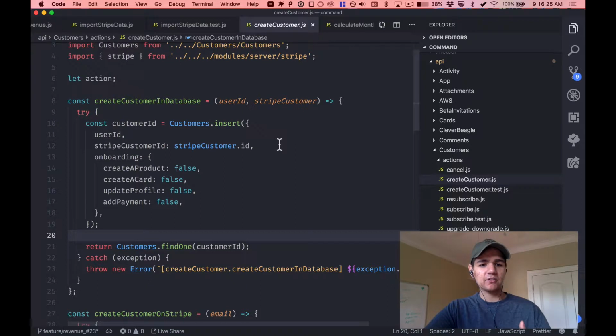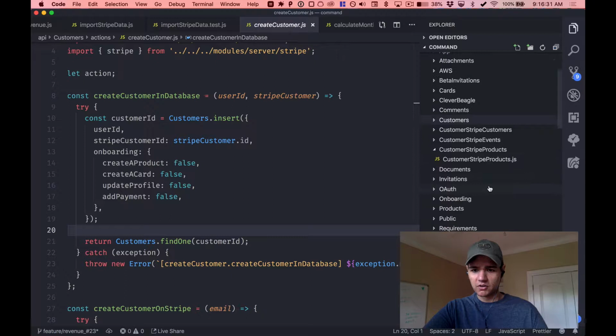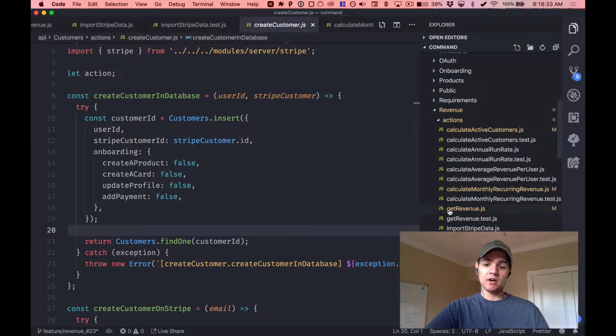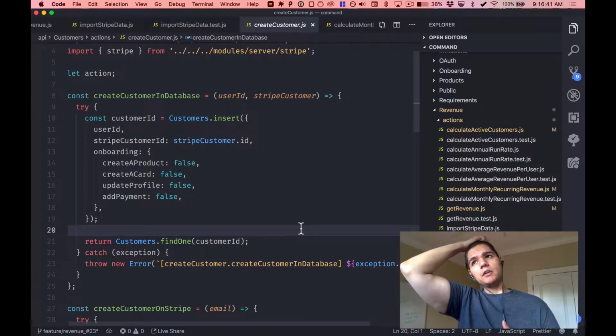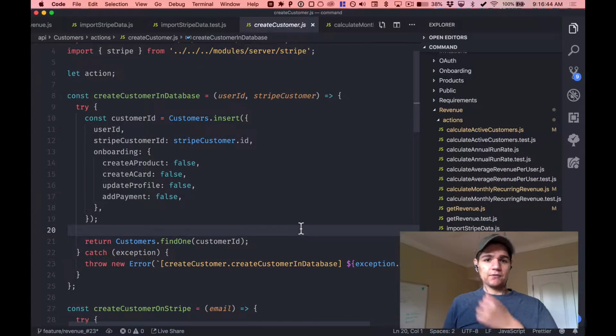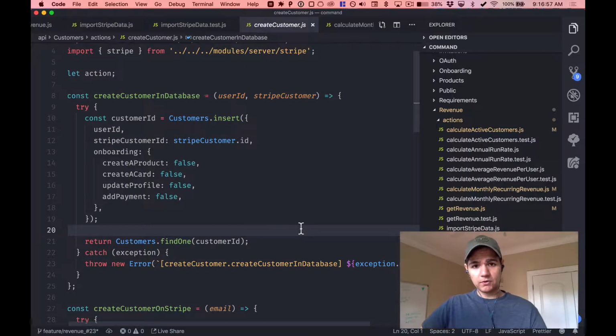But kind of getting back to what I would do on the server side. Like we saw a few minutes ago, I haven't really done any testing yet. And I started to make a hint about this. Where I differ from some veteran engineers is that some will follow a philosophy known as TDD, or test-driven development. That's a complete 180 on how you might think about building a feature or building software. TDD takes the approach of I'm going to write tests first, and more specifically, I'm going to write failing tests first, and then I'm going to write code to